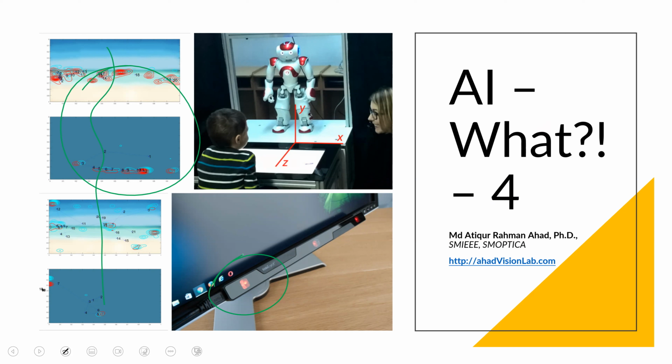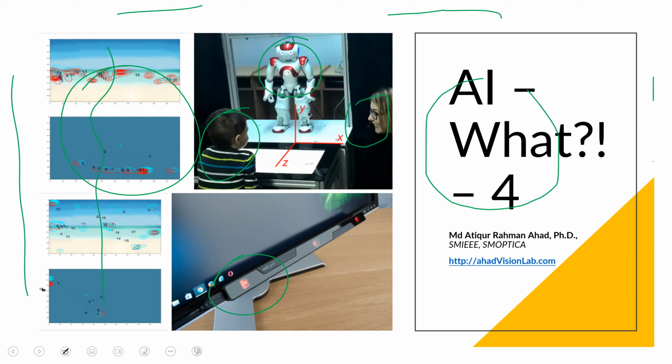So for example, if you are a normal person, normal meaning neurotypical, we call it TD, typically developed. In that case, you will probably look at this robot's face or this face or here. Probably you will not look here or outside. Most of the time you will look around the points where we normally look. But if you are not interested, you will probably look outside or somewhere else. So that's the point. We need to check how AI can help to study autism.